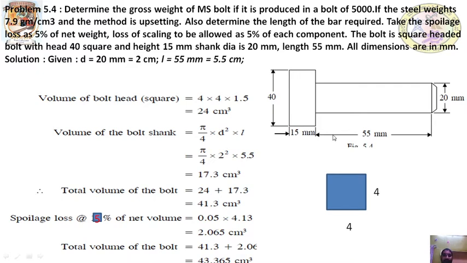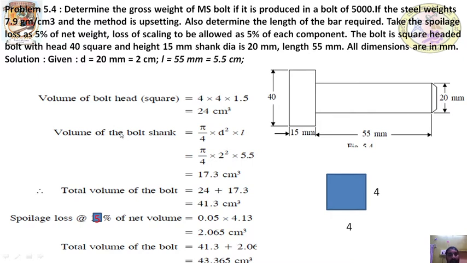In order to find out the length of the bar stock, you need to calculate the total volume of the bar stock by adding the volume of these two components plus considering loss. You will get the volume of the bar stock, which divided by the area of the bar stock will give you the length of the bar stock. After that you need to find out the weight of each bar required. So gross weight, not the net weight. Gross weight consists of all the losses. Net weight means before considering the losses.